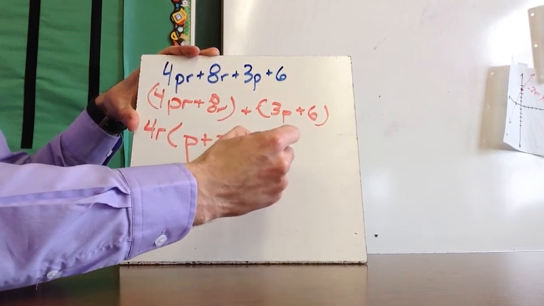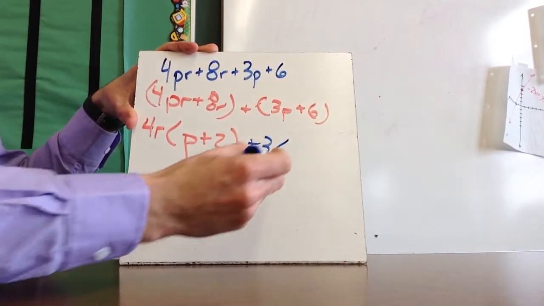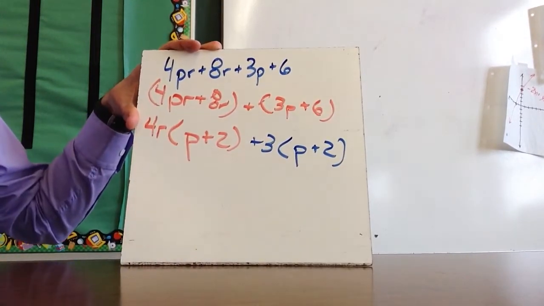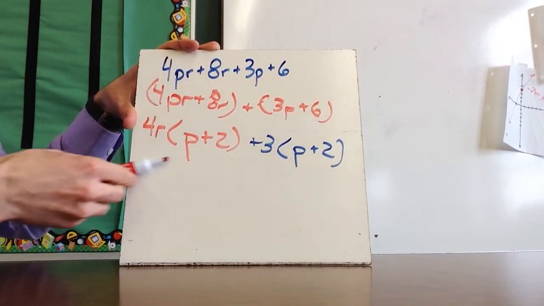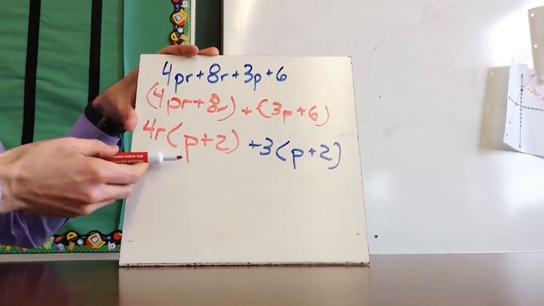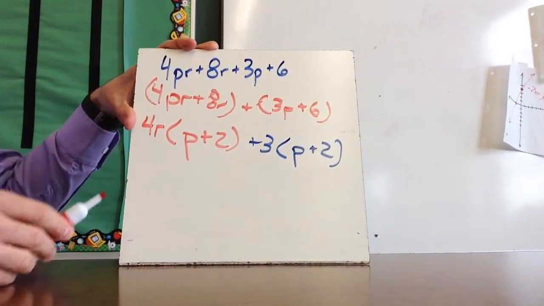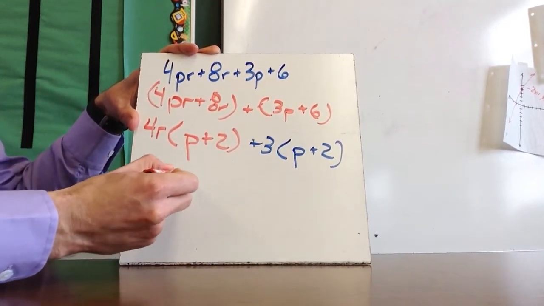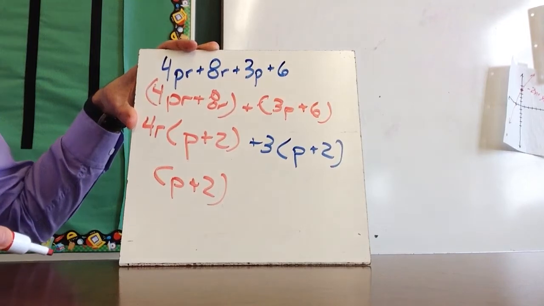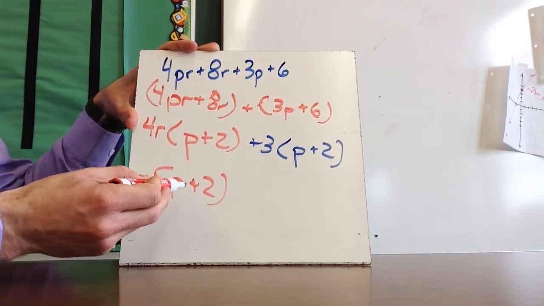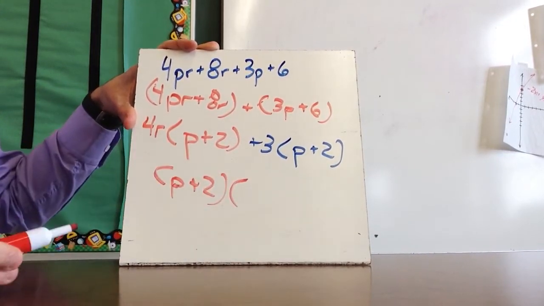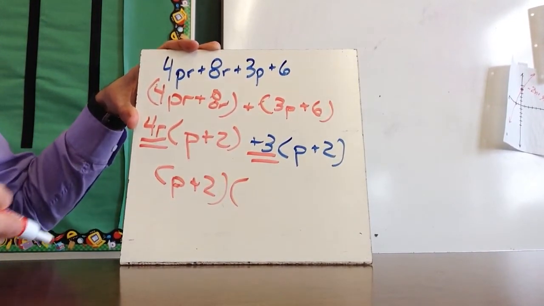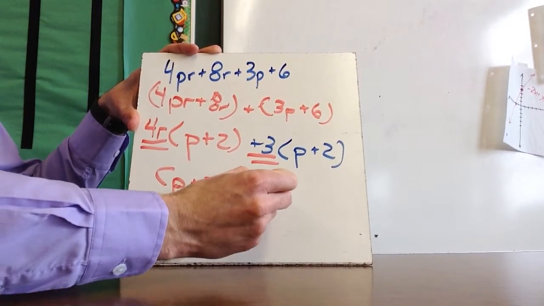It's a positive 3, so this is plus 3. And then this is p plus 2. Now, a lot of people make the mistake of ending here. However, now I want to think of this as a number, right? So this red is a number and this blue is a number. And in common, this red number and this blue number actually have this as a common factor. So they both have a p plus 2 in common, which means that the remainder is that and that, right? What's outside the parentheses. And so that would be 4r